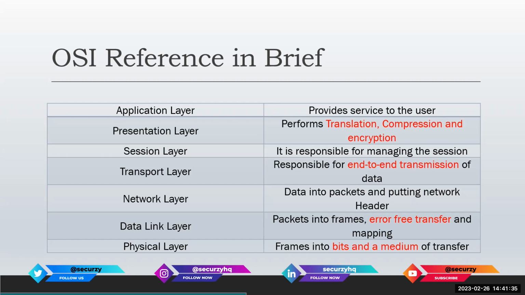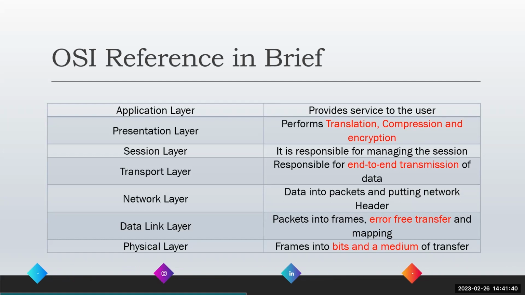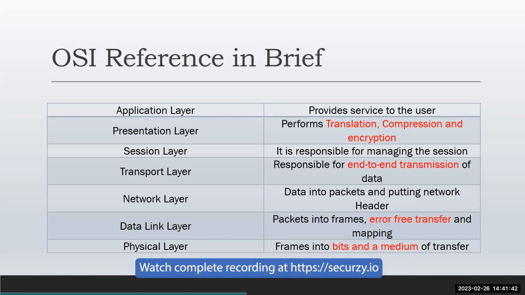Next comes the transport layer. What is the role of the transport layer? It is responsible for end-to-end transmission. What does it mean? You generated some data, a process generated some data, and it needs to be sent to some other receiver. This end-to-end, process-to-process transmission is done on the transport layer. Is this clear to you guys? Yeah, great.